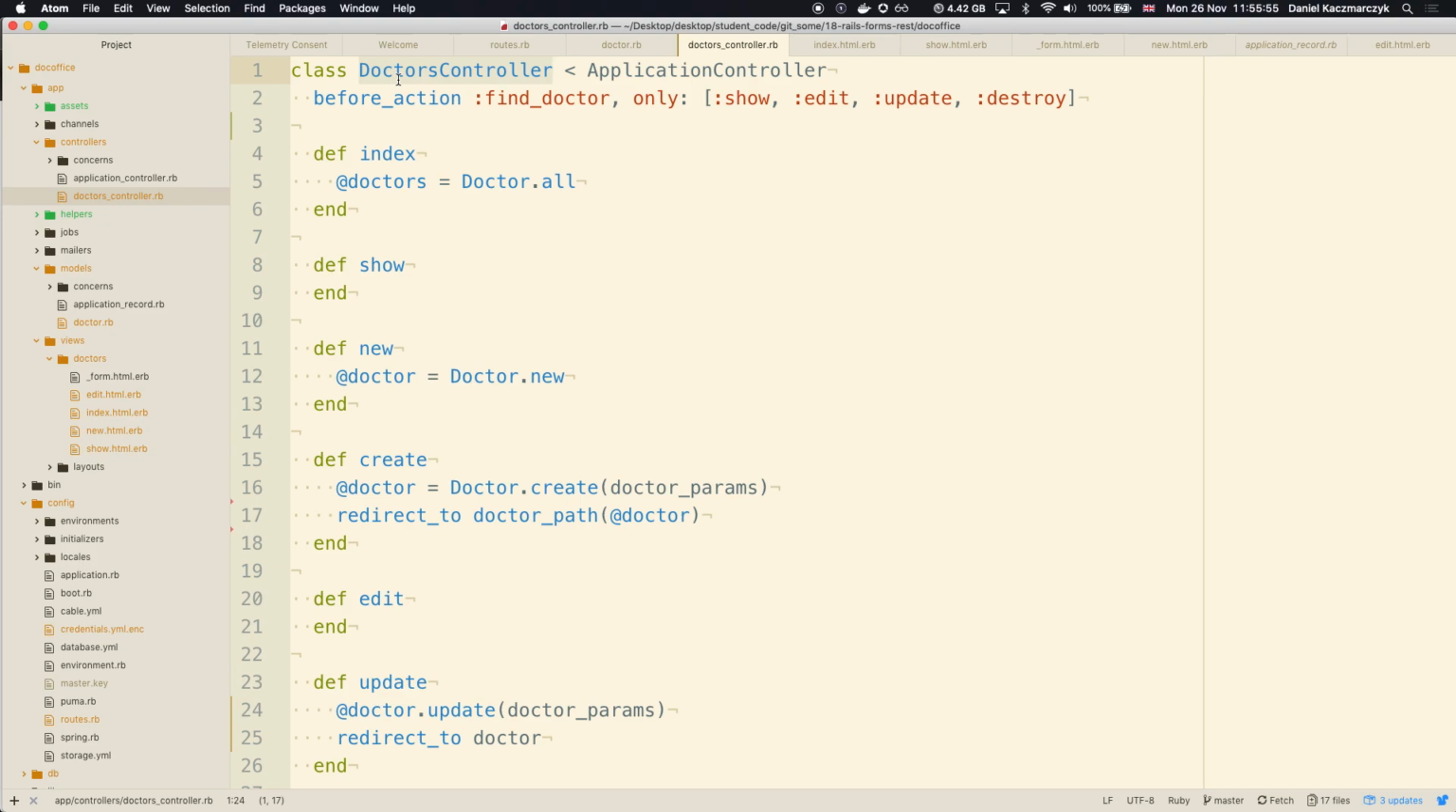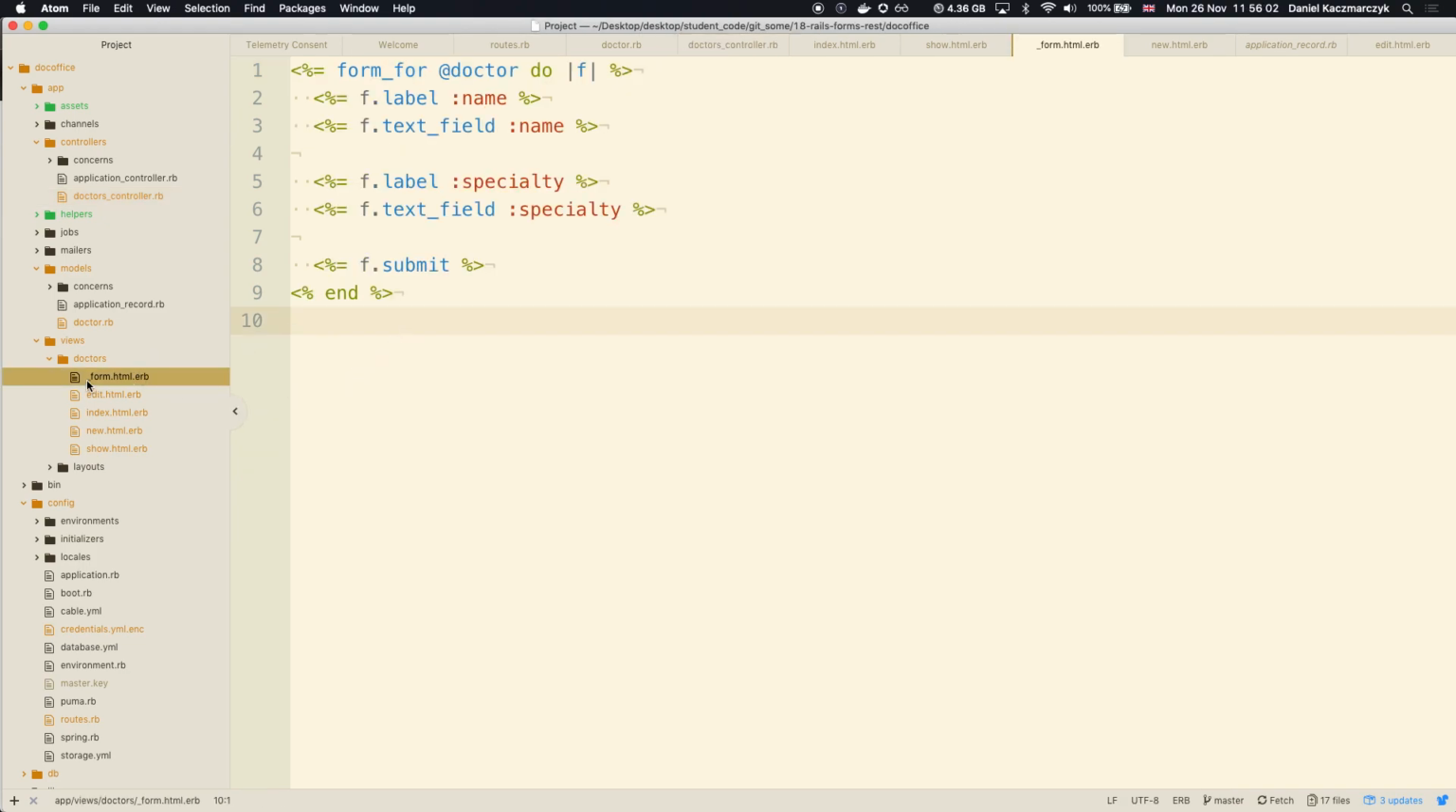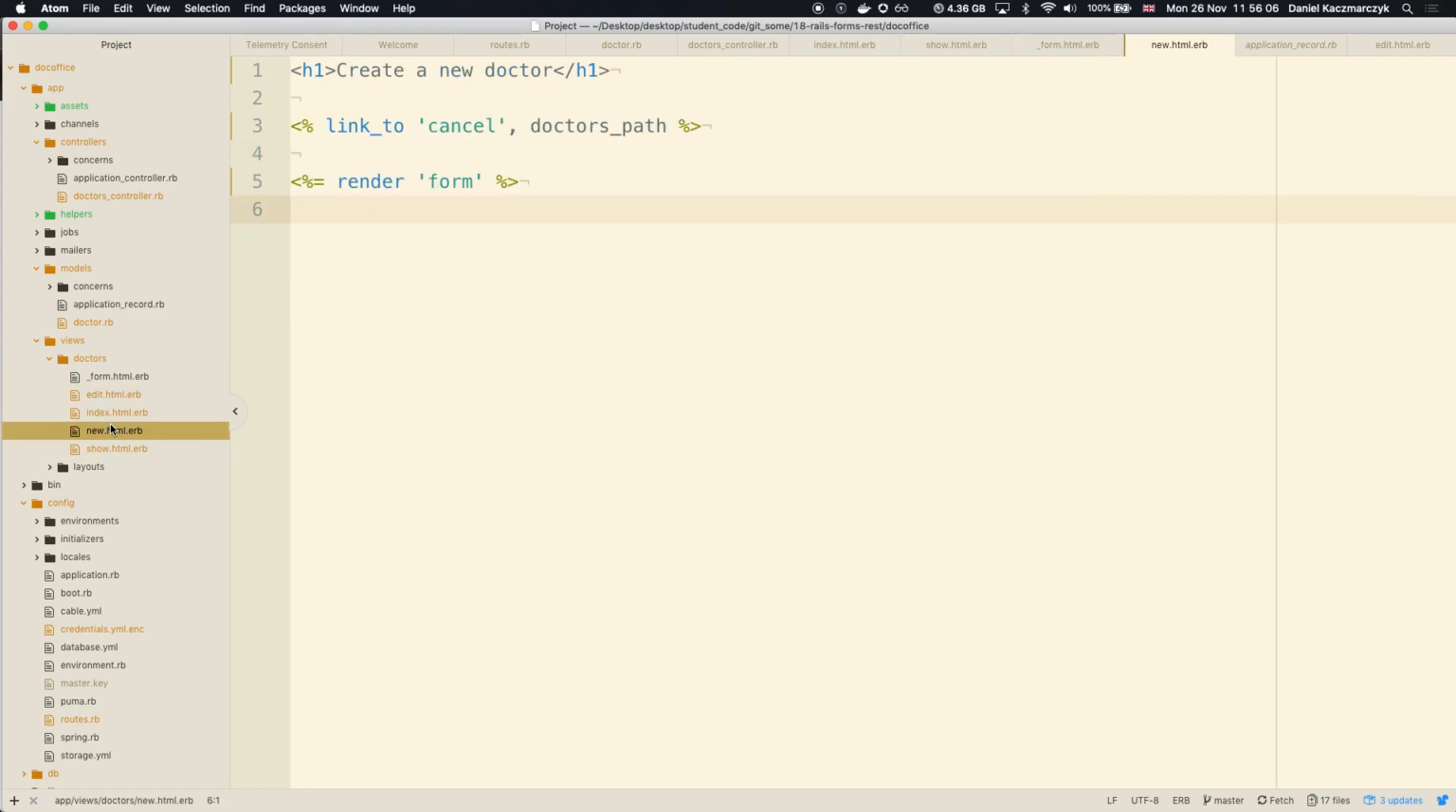Roman? Your form view is titled underscore form. Presumably that's how you do partials. If it wasn't underscore, it wouldn't understand. That thing wouldn't work. Yeah, and presumably so that you can then do something like